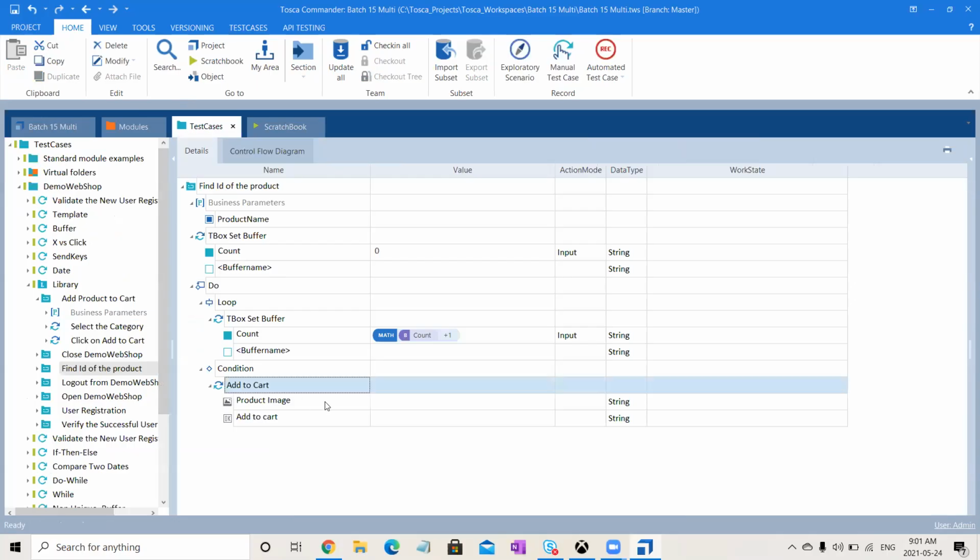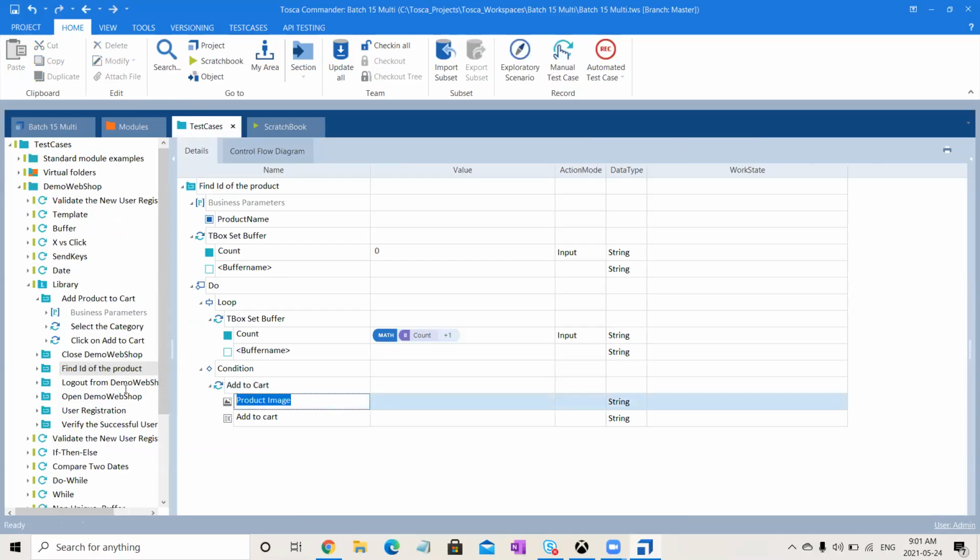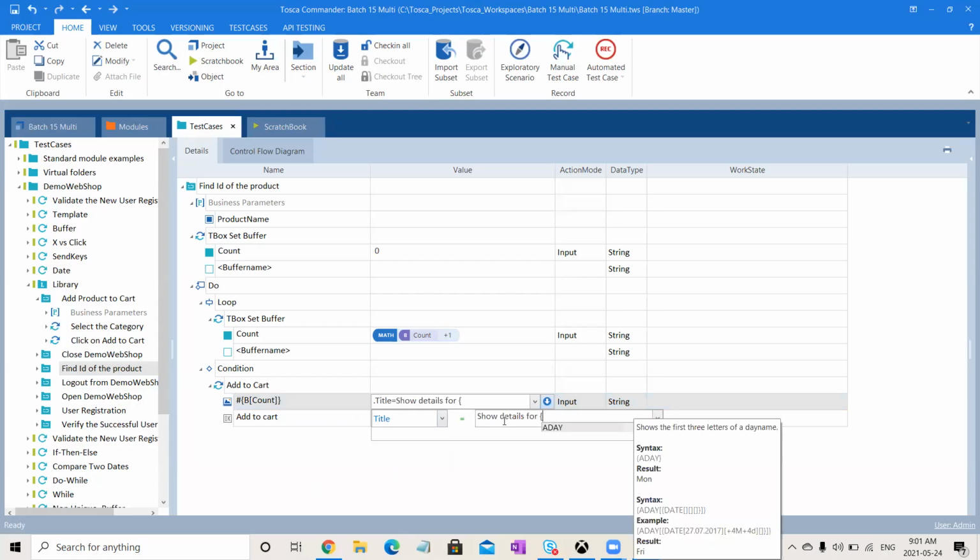So now this is the one, product image. So what I say is hash curly braces buffer of count. So go to each product every time, like 1, 2, 3 and all, and then get the title. So title is the property that I need to verify such that it should not be equal to show details